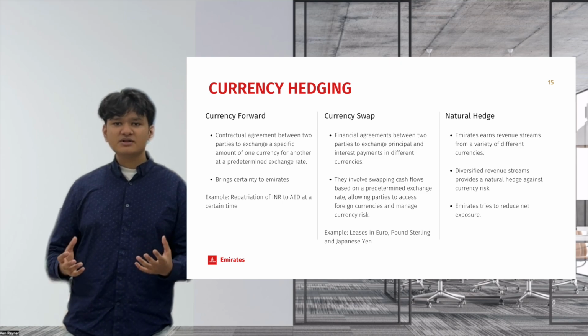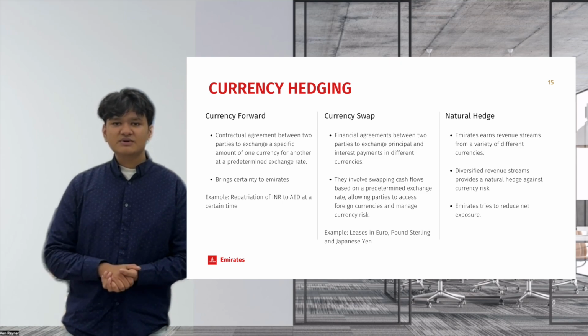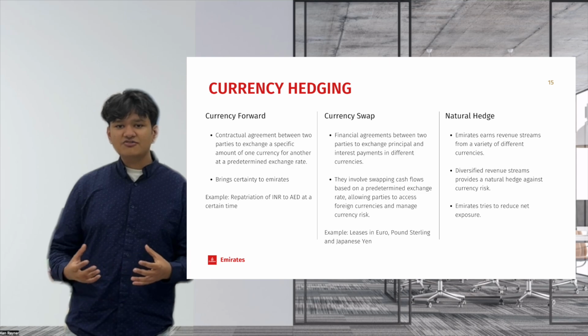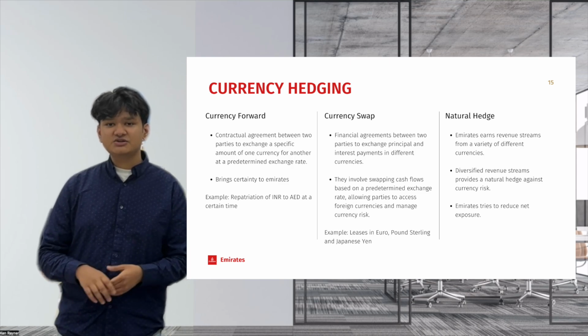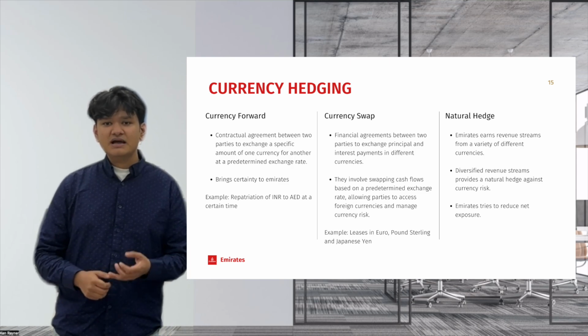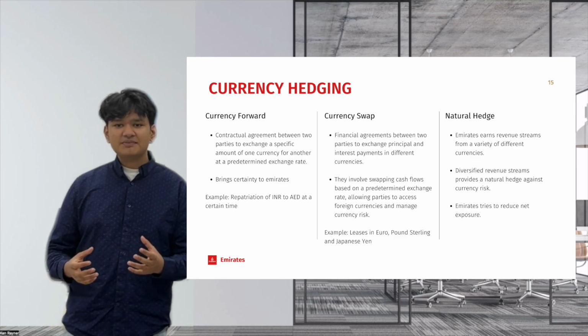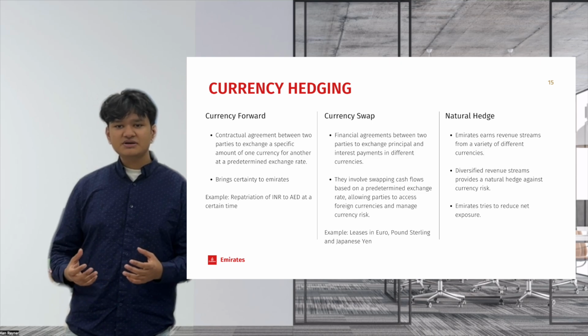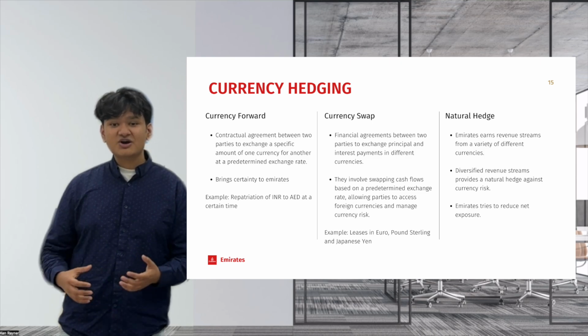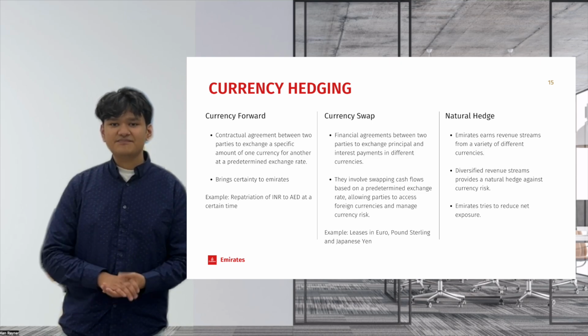Now, looking at profitability of currency forwards, we see that 9-year currency forwards are recognized as current assets in the balance sheet in 2019 and 2020. However, looking at 2021, the currency forwards for the next 10 years are placed as a current liability, indicating that Emirates would incur a loss if they liquidated currently.